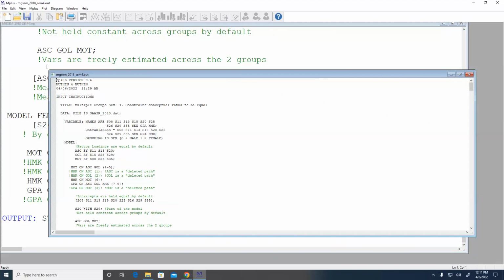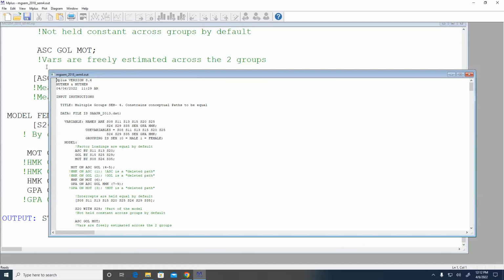Okay, so does everybody follow that though? So you see how you got to say the at 0 for that. Now compare that to what I did for homework and GPA. This looks just like the codes that we've been using, right? Because those are observed variables. I can just say homework GPA, again, in brackets, and then I've got the constraints of 9-10, right? And then in model female, I've got in brackets homework GPA and the constraints of 9-10. And that's because for the observed variables, they aren't constrained to be 0 in group 1. So I really can just constrain them to be equal to each other.